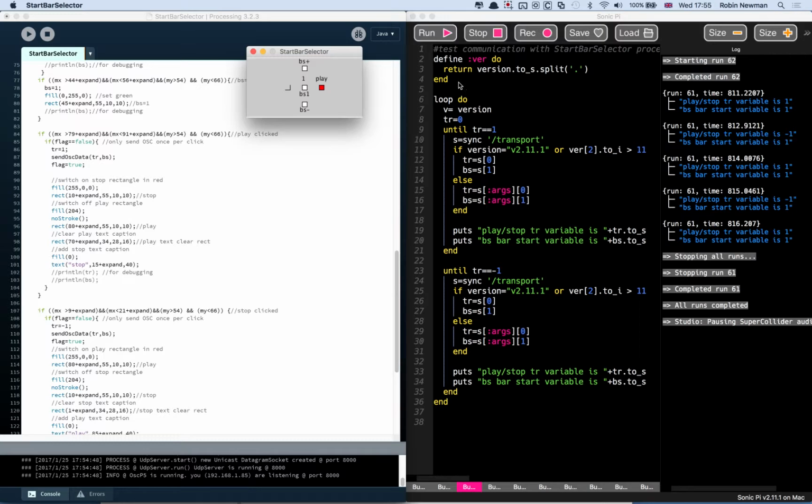I have a little routine up here which lets me split up the parts of the version number, which is sent by the built-in command version in Sonic Pi. If you're using 2.11.1, it'll say v2.11.1. If you're using version 2.11, it'll say v2.11. If you're using v2.12 point something, it'll say v2.12 point whatever. At the moment I'm setting it so that if it's version 2.11.1 or higher, then it'll use this